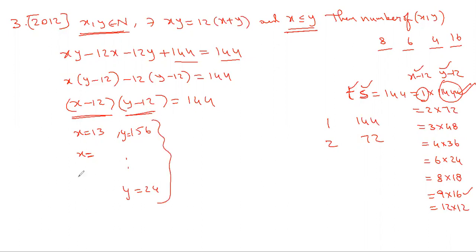So all these are natural numbers. If you go for the x values, x is equal to 13 here, x is equal to 14 here, and so on, for the last one x is equal to 24. So both x and y values are possible for all these combinations. How many combinations now? 1, 2, 3, 4, 5, 6, 7, 8. So 8 combinations, and the answer is 8. You can see that x is less than or equal to y. If it were x less than y, then we could eliminate this option and write 7 as the answer.